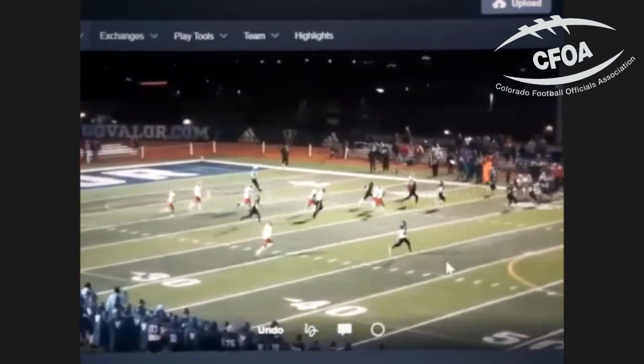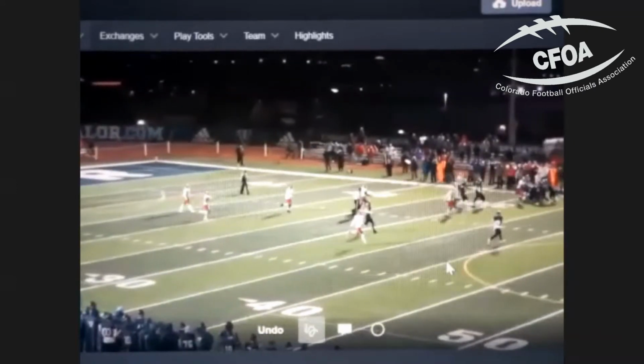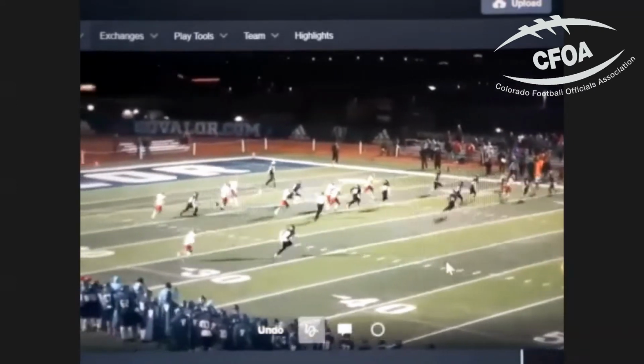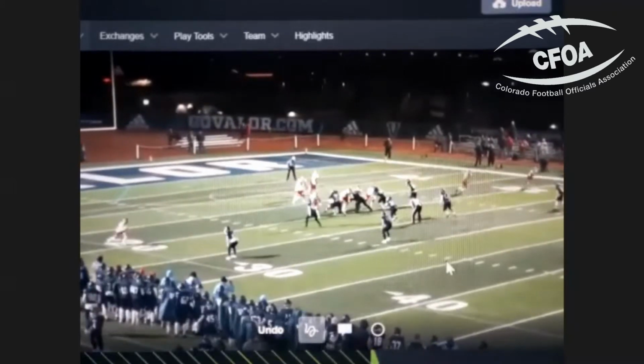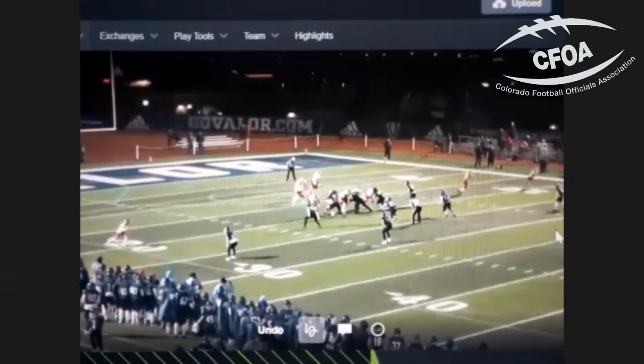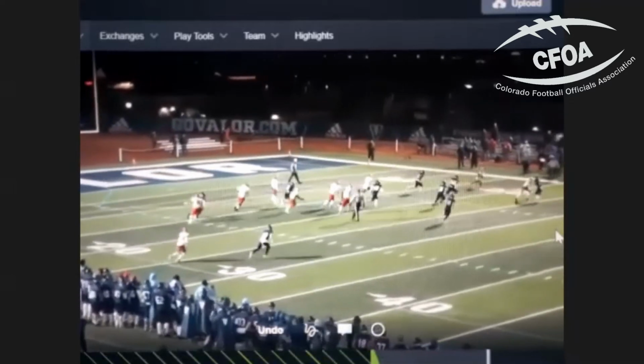And it also gets you out of the wash. Do you see what the line of scrimmage official did there? He took a couple steps into the backfield, puts you in position to see what you need to see, and gets you out of harm's way. Because if we have a wash of players coming over there, try not to get on the stat sheet for a tackle.